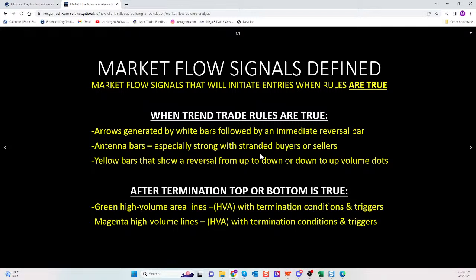Just like you started with trigger lines, and then you got to termination conditions, and then you got to entries, and then you started working on management. Well, this is just the next piece of the puzzle. So when your rules are true, let's say hypothetically you have a 50-50 trade. And on your 50-50 trade,